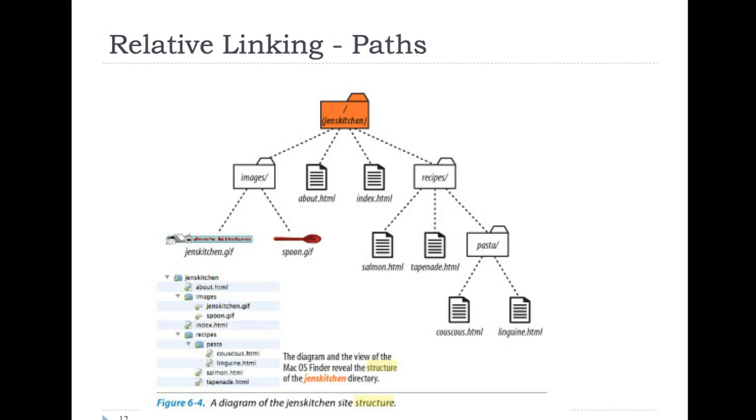So this is a diagram from the text that shows relative linking and paths. Here at the top level we see Jen's Kitchen, which is the absolute root pathway of this entire website. In this pathway we see a folder called Images and a separate folder called Recipes. We also see a folder within the Recipes folder called Pasta. So when we link to this structure, let's say we wanted to link from the index page to linguini.html, we would link to